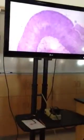Are you all okay with this slide? If you have a decent slide, it's not that bad. But I looked around in your trays last week, and I had trouble, so I'm assuming you will too, with some of the adrenal